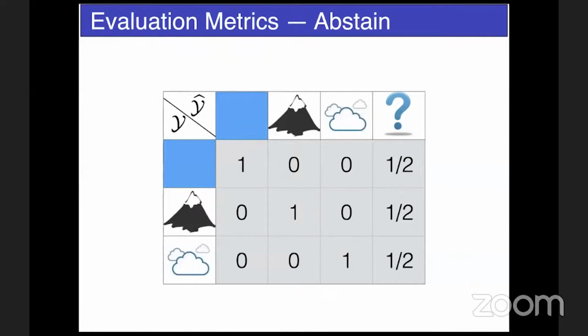I mean, for this problem, it's not so much, but imagine this was a medical diagnosis problem where you have to diagnose between, say, lung cancer, common cold, and emphysema, and "I don't know," right? So in this case, it would be nice for a classifier to say, "I don't know." It's more important to have a measure of uncertainty of the classifier than to get whatever diagnosis you can get. So this is another example to just illustrate that the set of predictions can be different from the set of classes. But that's just an example.